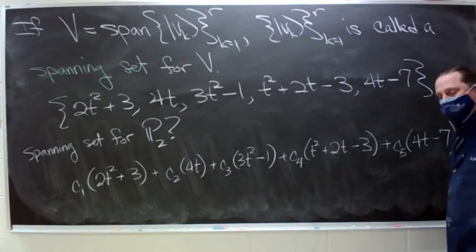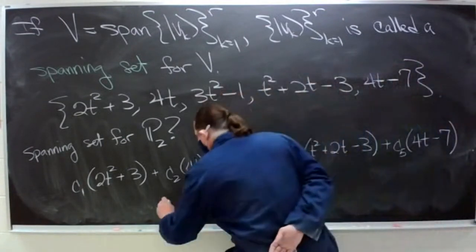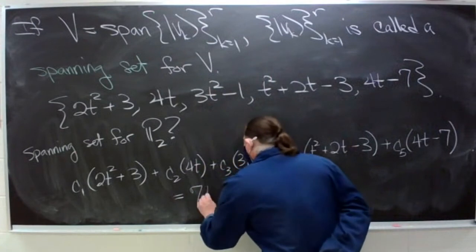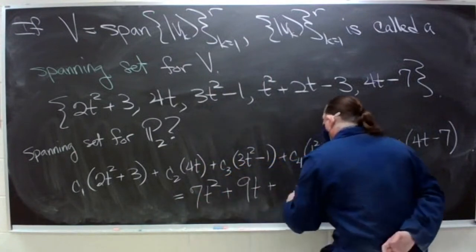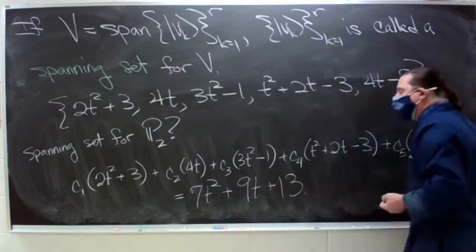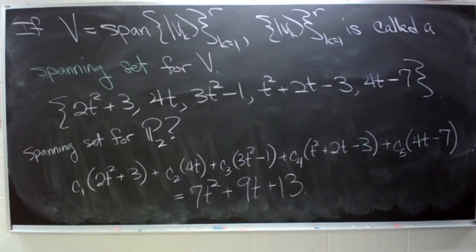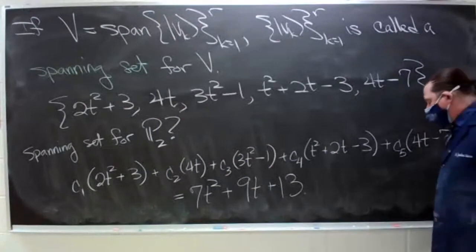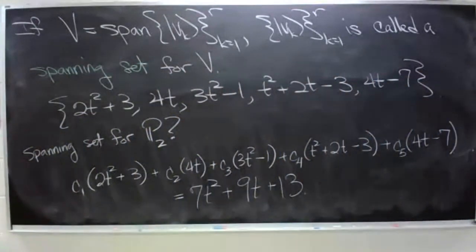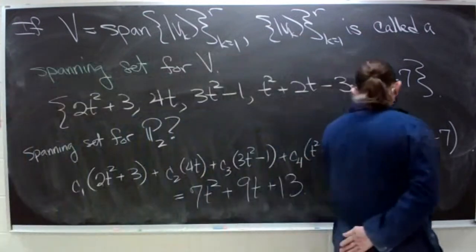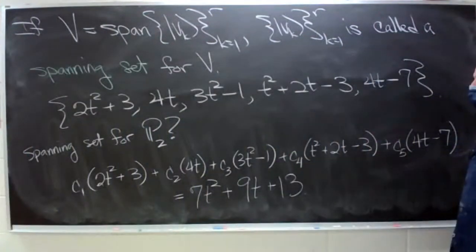All right? So for example, I could try to get that polynomial. Now, of course, our instincts indicate that the way that we should go about solving this is by distributing the c's and then combining like terms,